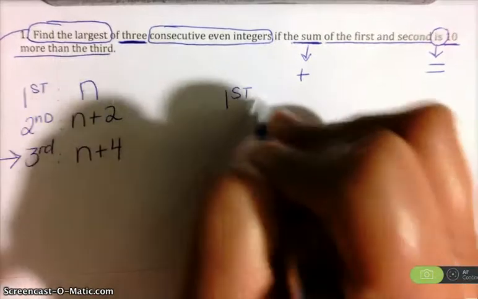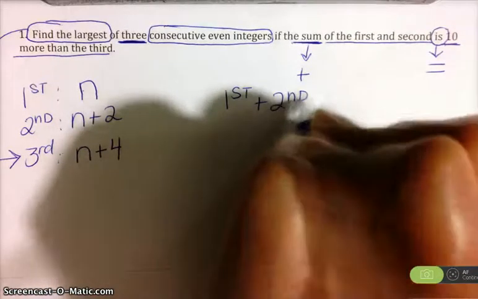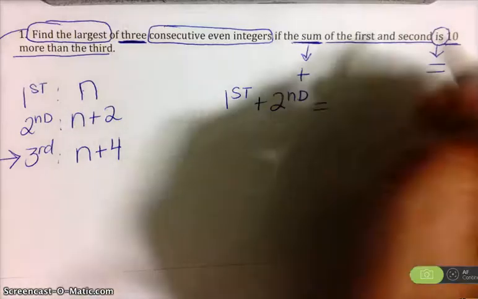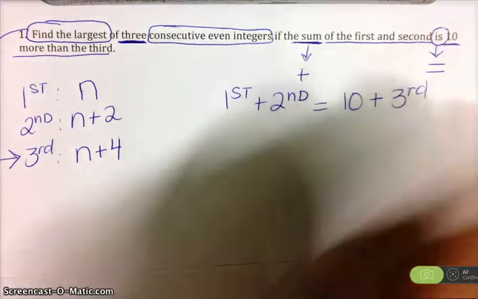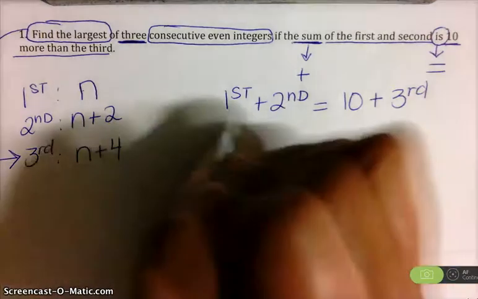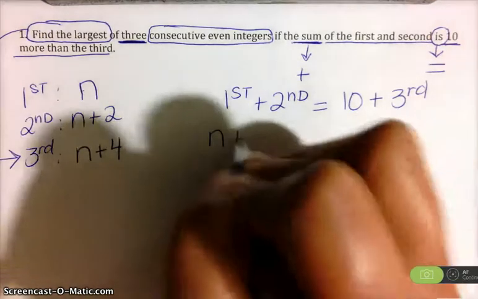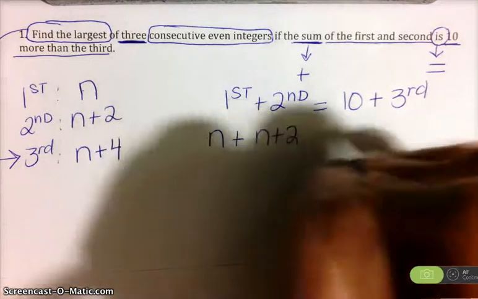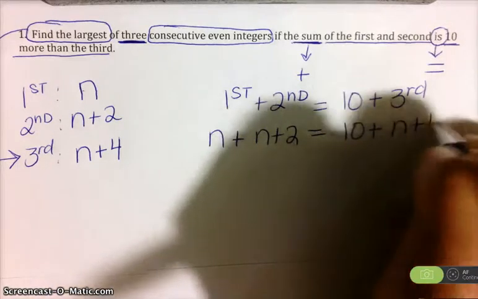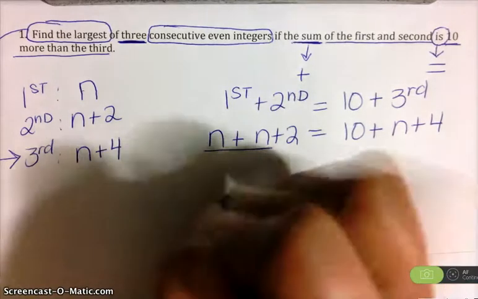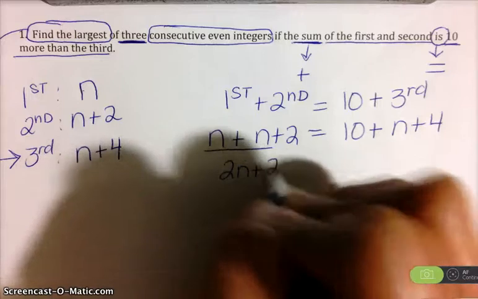So that's first plus the second is equals 10 more than the third. More than means to add. Now in place of the first one, we're going to put n plus the second one is n plus 2 equals 10 plus the third one, which is n plus 4. Combine your like terms. 2n plus 2 equals